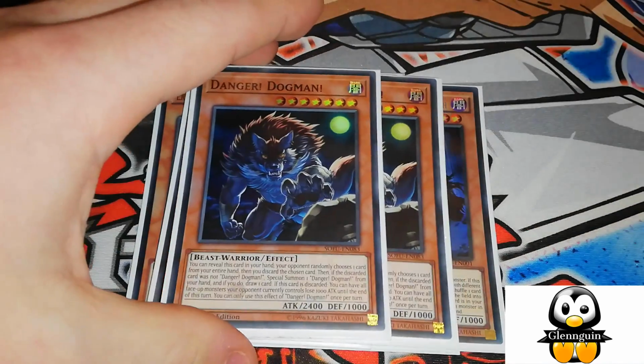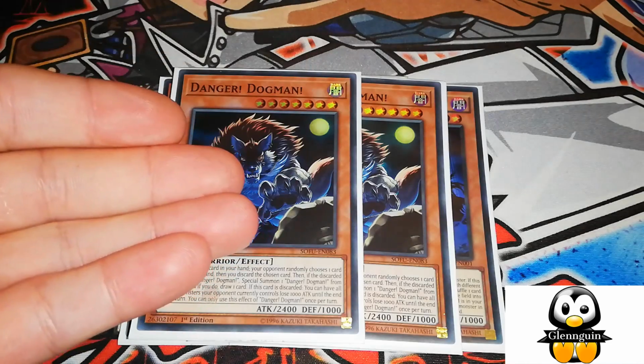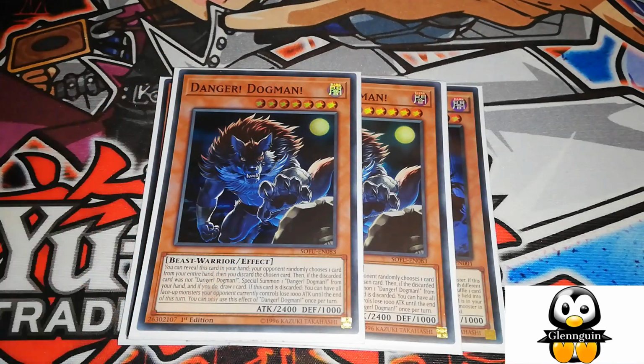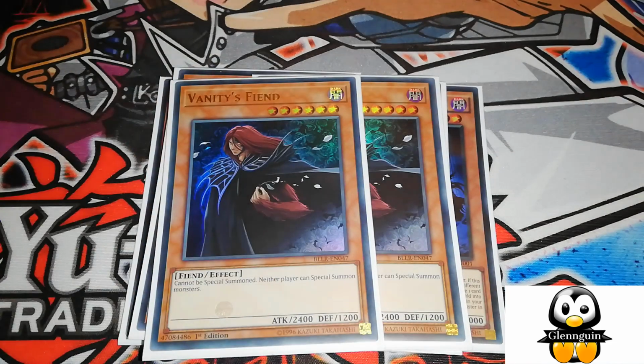Here's some spicy tech with the deck. Double Danger Dogman. I'm probably one of the first people to actually put Danger Dogman in this deck. The only reason that I'm putting it in is because you can use Tenacity of the Monarchs to search out your Monarch spell trap card with this card, because it's 2400 attack and 1000 defense. I will take all credit for that one, and if anyone says otherwise, then it was me who actually came up with the idea, okay? I have not watched any other videos. Anyway,